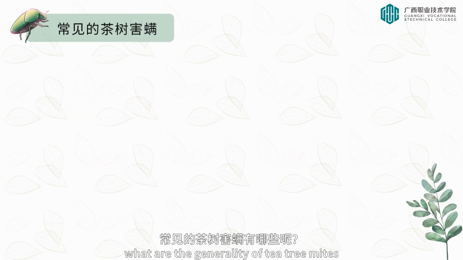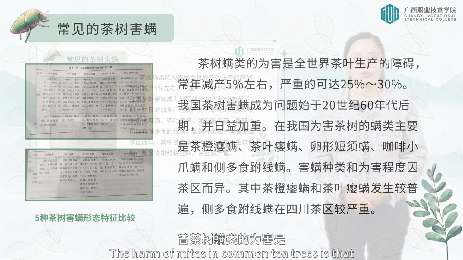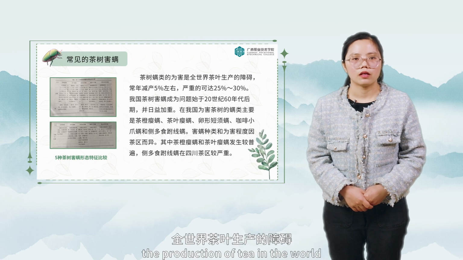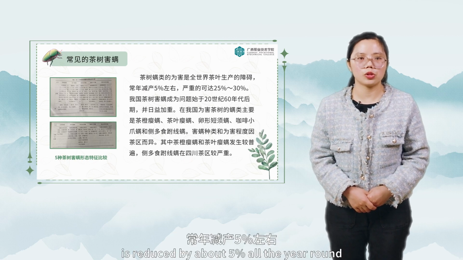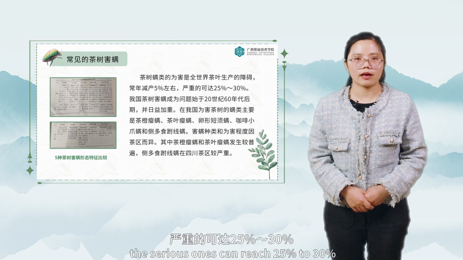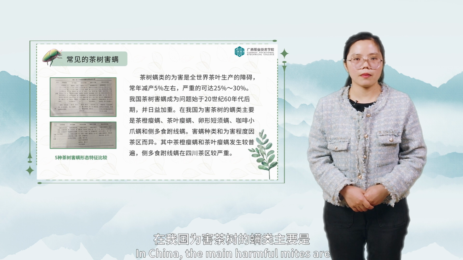What are the generalities of tea tree mites? The harm of mites in common tea trees is that the production of tea in the world is reduced by about 5% all the year round. The serious ones can reach 25% to 30%. In China, the main harmful mites are